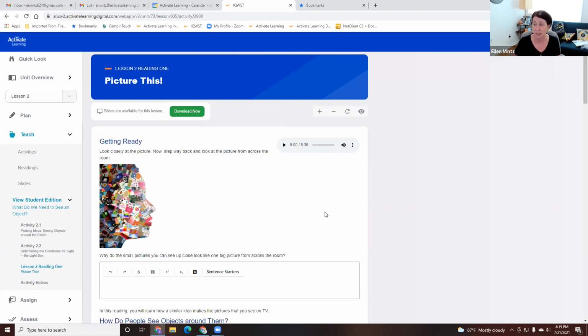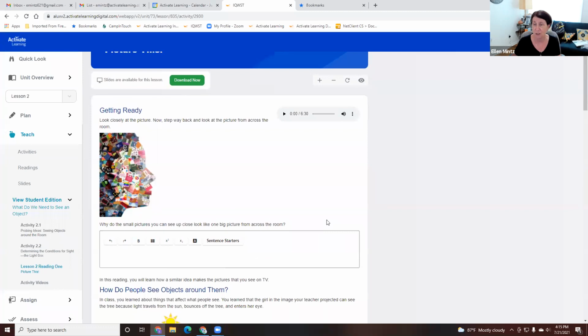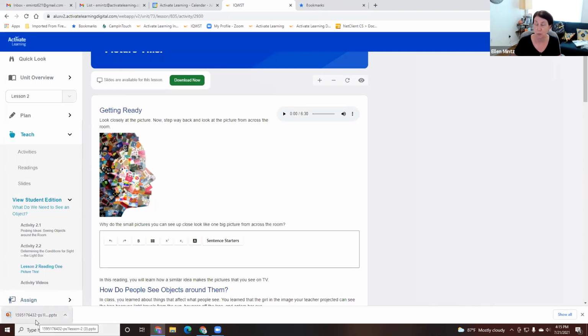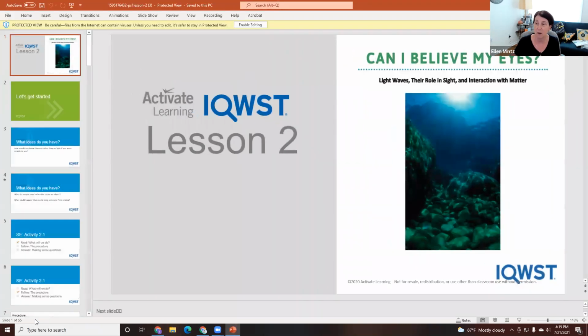But all of the other features that the students have access to are on both this side and through a student login. Now, I have highlighted lesson 2, and here is one of the places that I have available for downloading a slide deck. So those are accessible from here, as well as in the teacher portal that we'll look at in a moment. And if you haven't seen these PowerPoints, I want to show them to you just so that you'll be